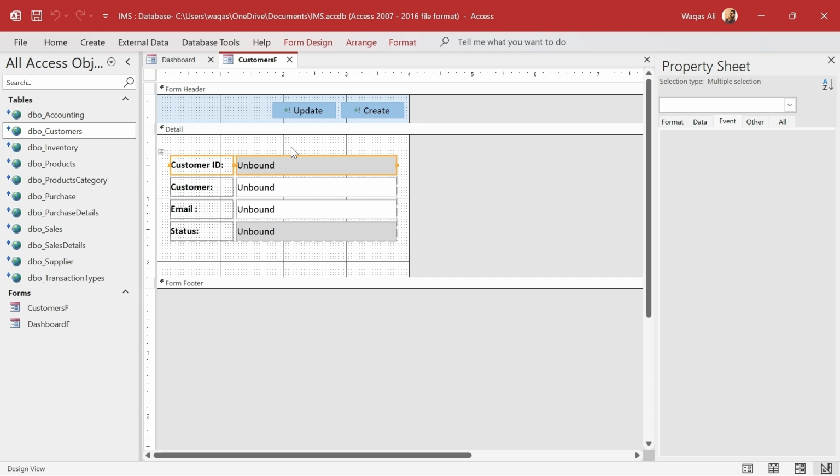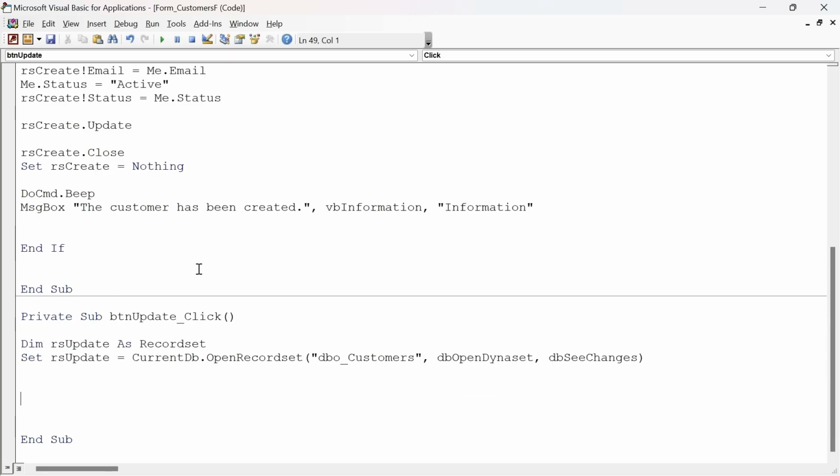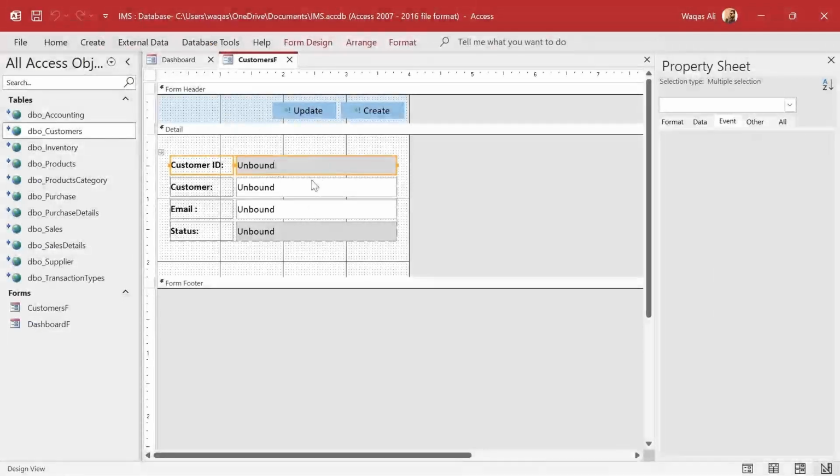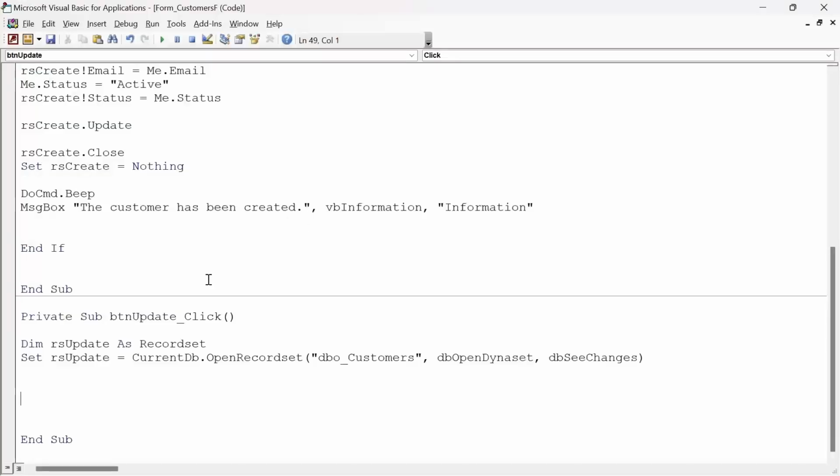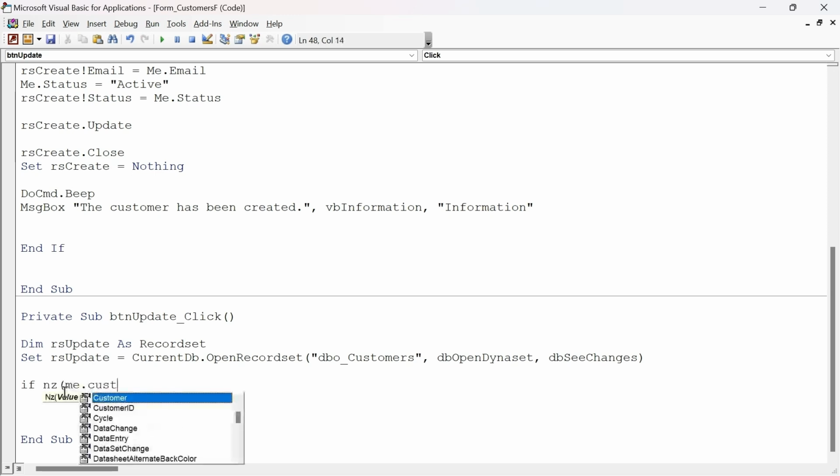All right. So in this case, we have customer ID. So we want this form to have some data so we can manipulate that data, right? That's logical. That's how it works. If it is empty, we want to throw an error and say, hey, you need to populate some data, and then you can proceed further. So that's what we're going to do. So simply we'll say if NZ, all right, me dot customer ID